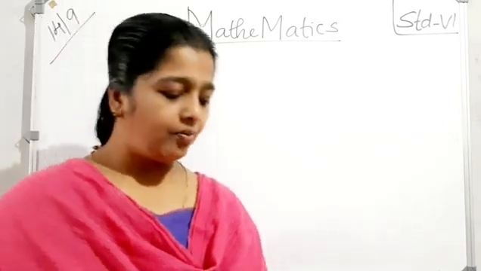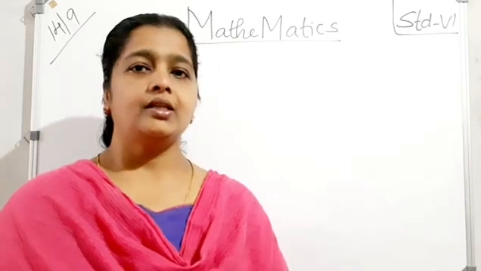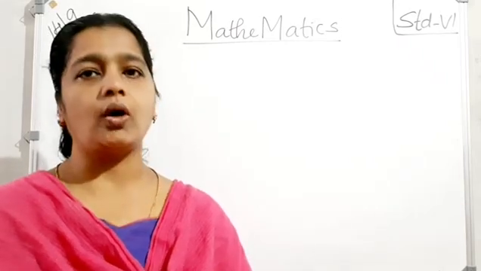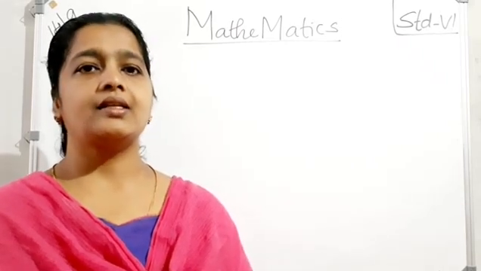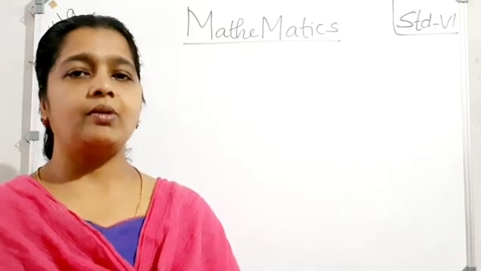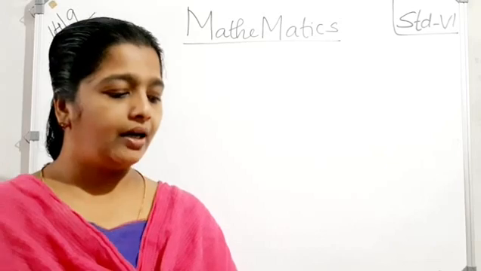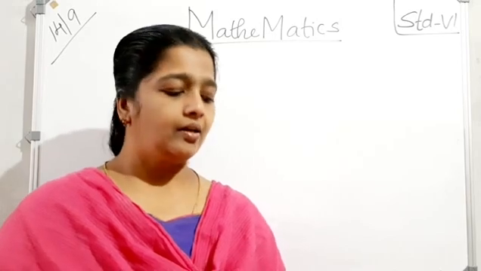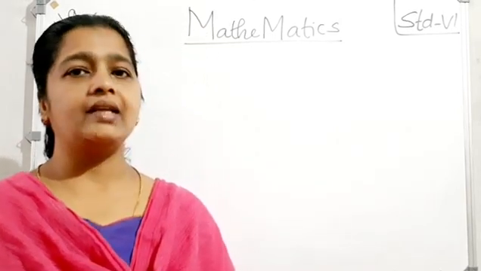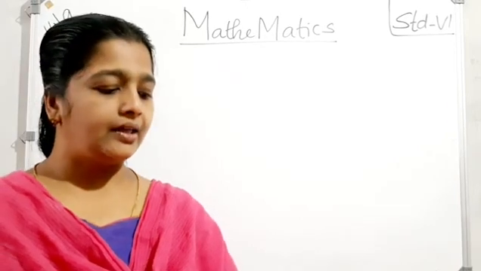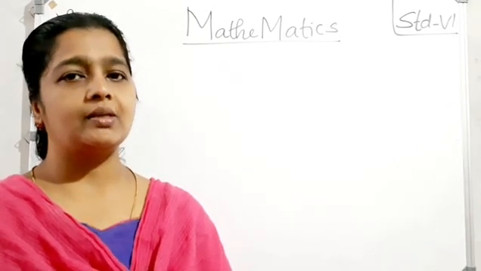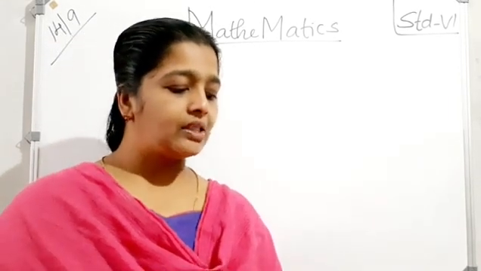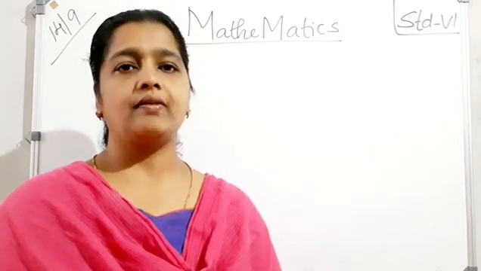Understand? Then some more divisibility rules are also studied. If a number is divisible by another number, then it is divisible by each of the factors also. Second rule, if a number is divisible by two co-prime numbers, then it is divisible by their product also. Third, if two given numbers are divisible by a number, then their sum is also divisible by the given number. Last one, if two given numbers are divisible by a number, then their difference is also divisible by the number.